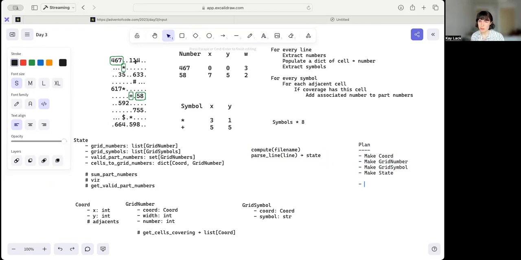Is this going to be difficult to parse? Somewhat. So let's go with parse line, compute, and then I will have my grid set up. I'll have my state set up, and I can start implementing from